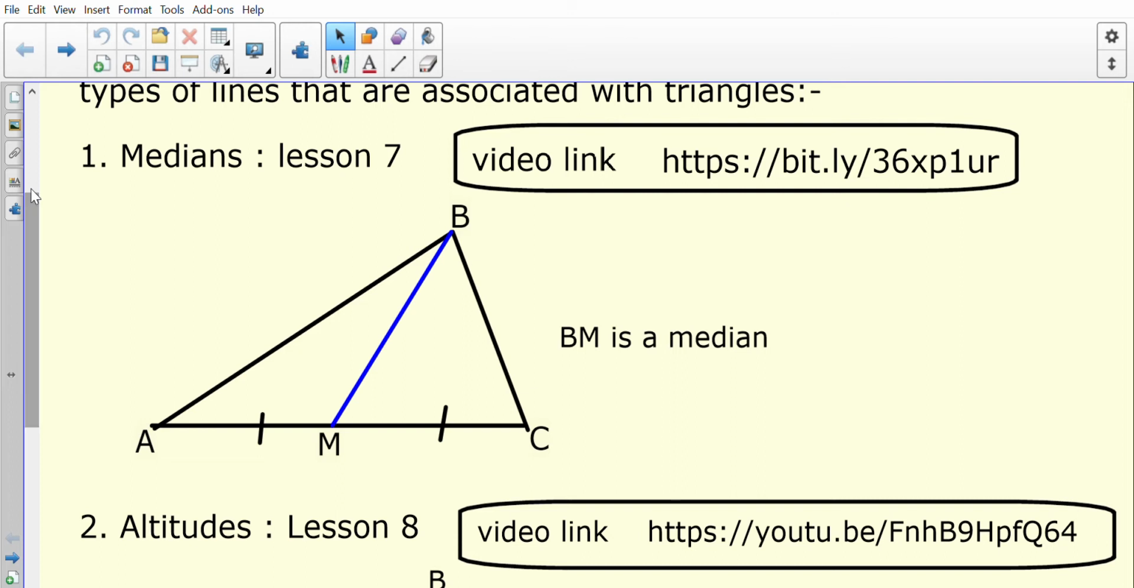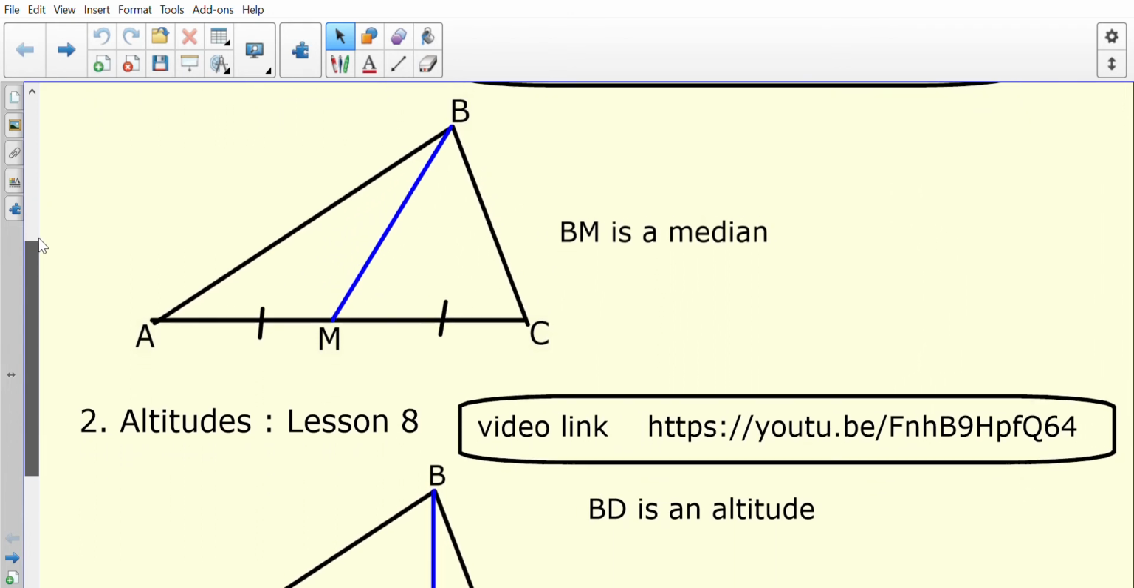So BM being a median, it comes from a point on the triangle to the midpoint on the opposite side. So it cuts through the middle, the midpoint of AC, and it comes from B. So that's what a median is. We then went on to discuss